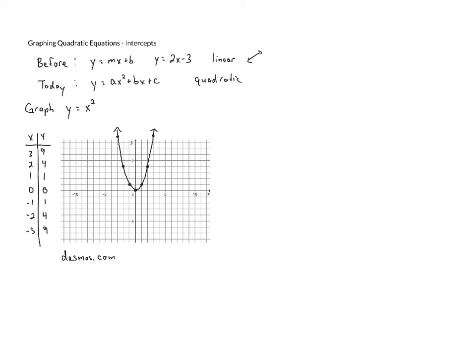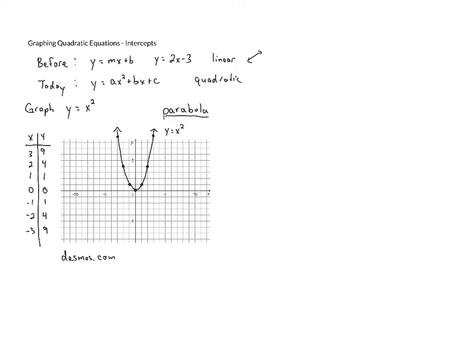So this is the graph y equals x squared. And this is a very interesting shape. It has a name. This shape is called a parabola. Now, any equation that is a quadratic equation like this is going to give us a graph that's the shape of a parabola. Some of them are going to be skinnier, some of them are going to be wider, some of them are going to be opening downward, they're going to be moved around in different locations,